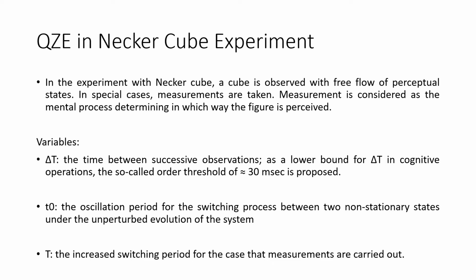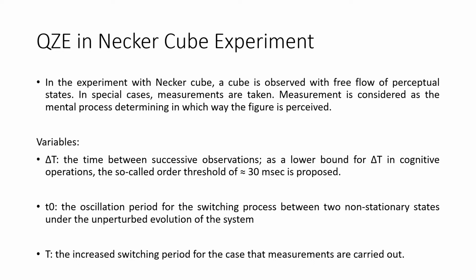The variables involved in this experiment are delta t, which is the time between successive observations or measurements. As a lower bound for delta t in cognitive operations, the so-called order threshold of about 30 milliseconds is proposed. From the view of cognitive science, 30 milliseconds is important, since experiments have also shown that 30 milliseconds is the least amount of time needed for a visual experience to take place